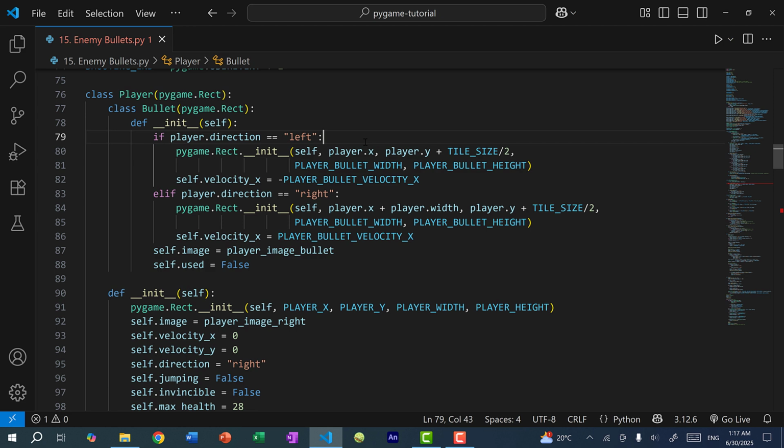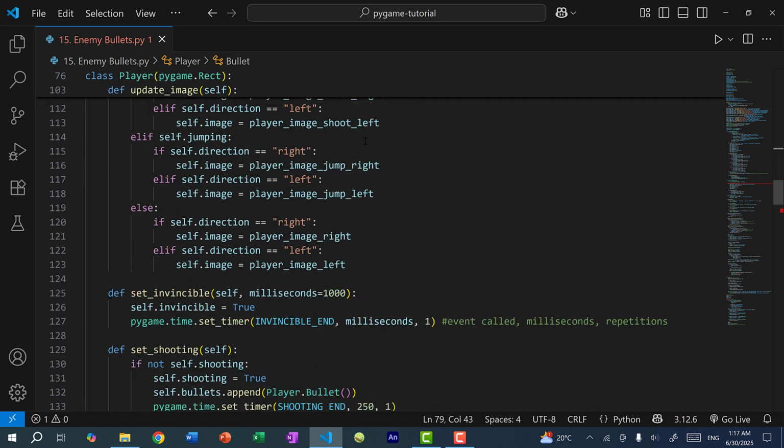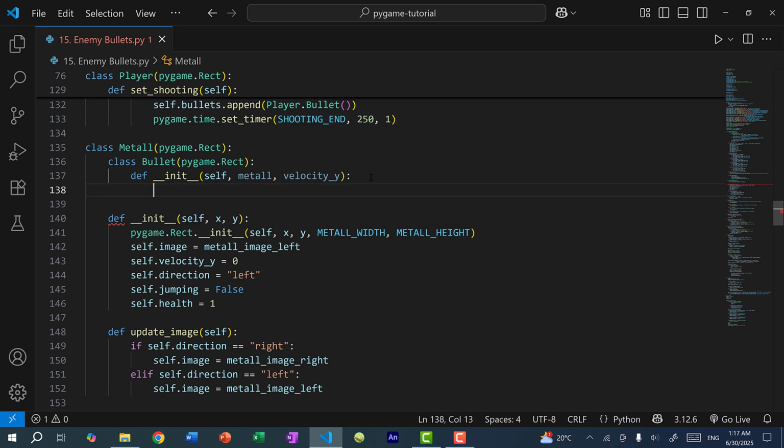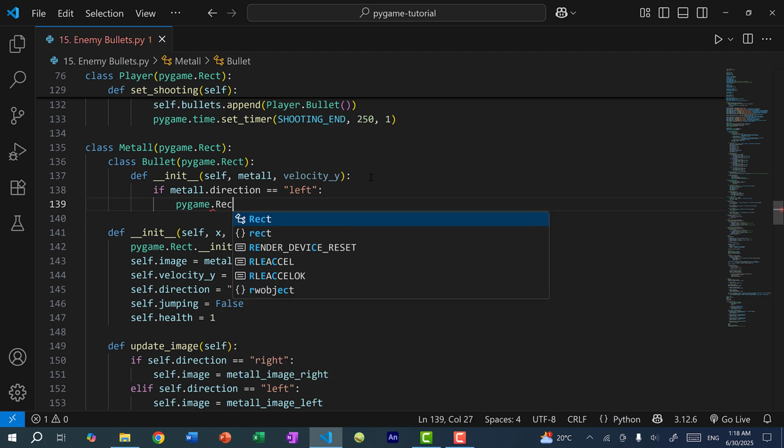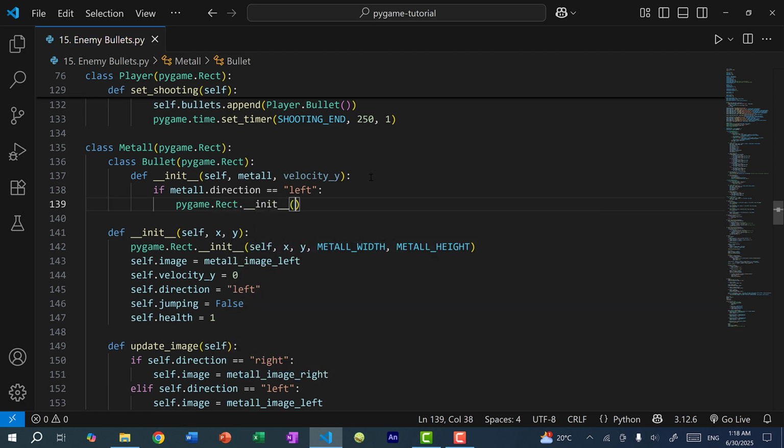So as I mentioned before, Metal can fire 3 bullets and 2 of them go in opposite directions in the Y axis. So vertically. So let's go back down, and over here, you could just copy and paste the code from the bullet class in the player class, but I'm just going to write everything out. So if Metal.direction is left, so if Metal is facing left, then Pygame.rect._init self